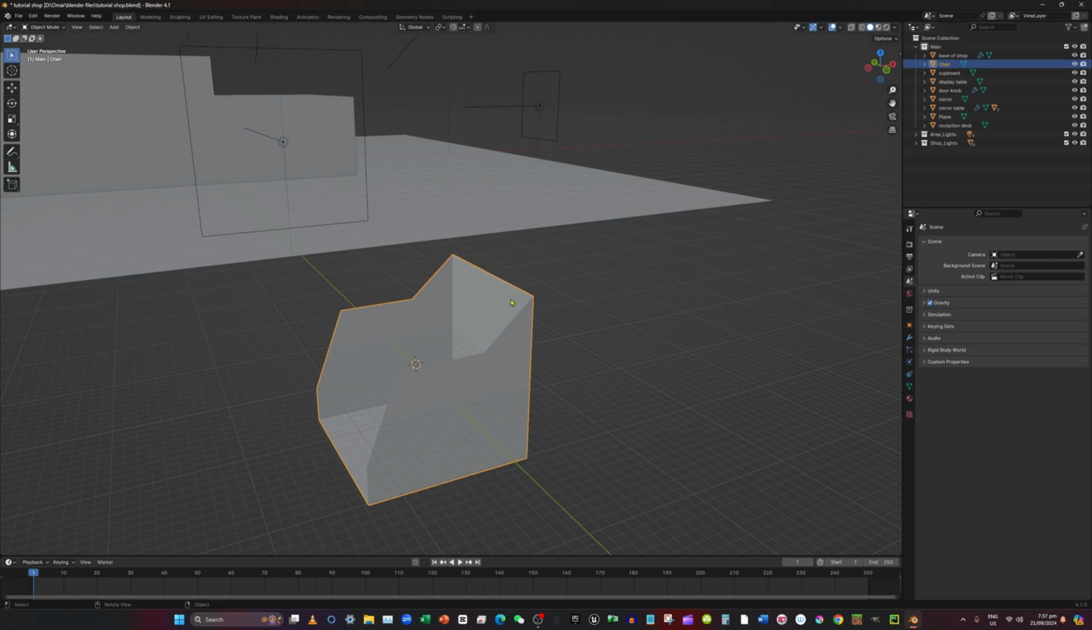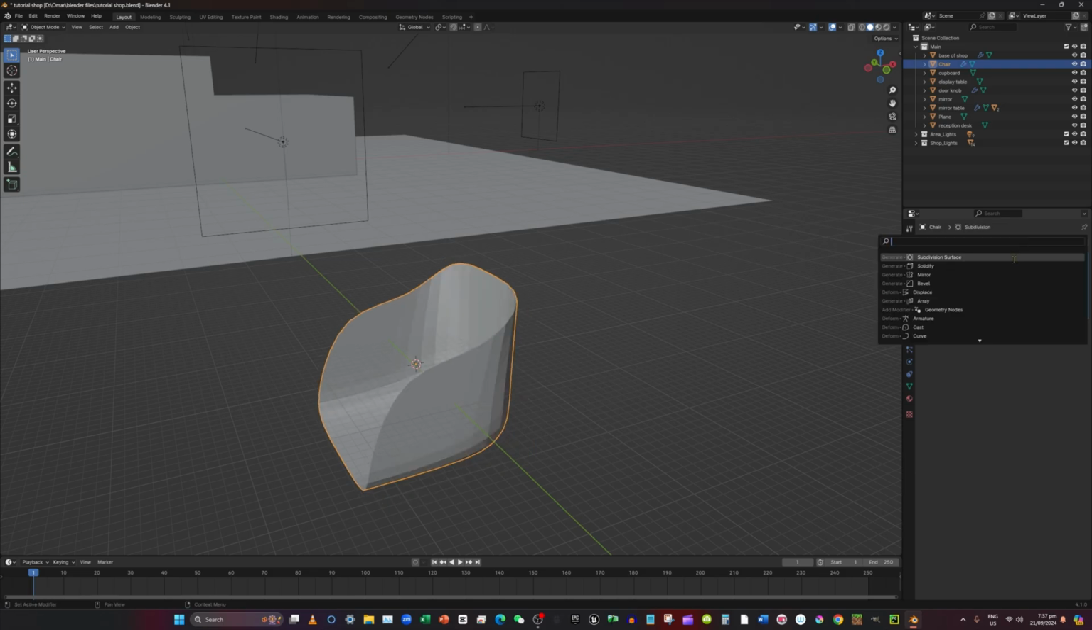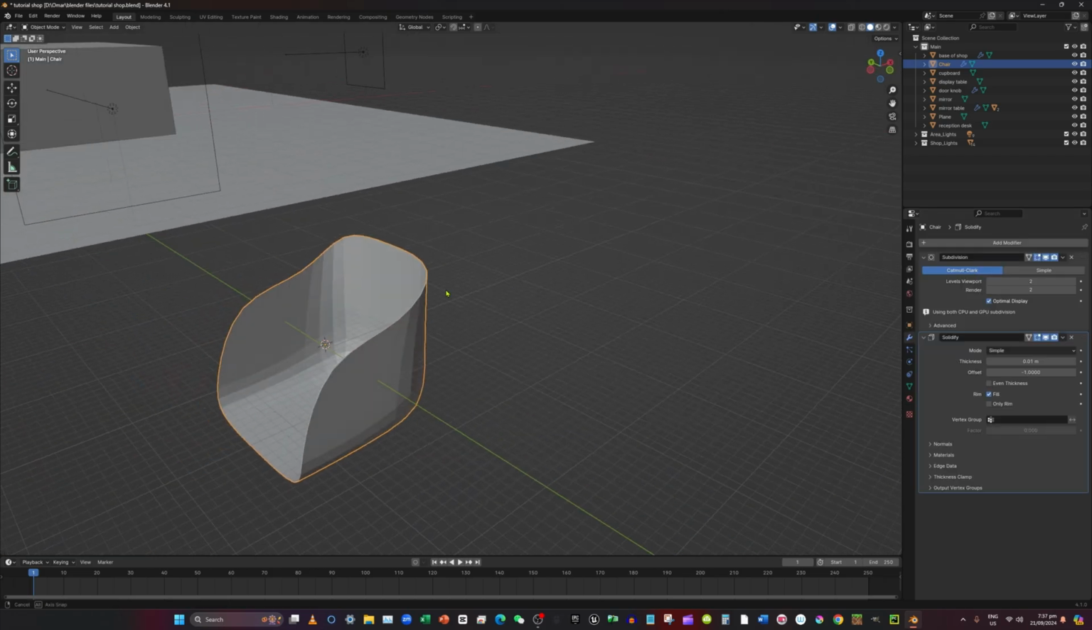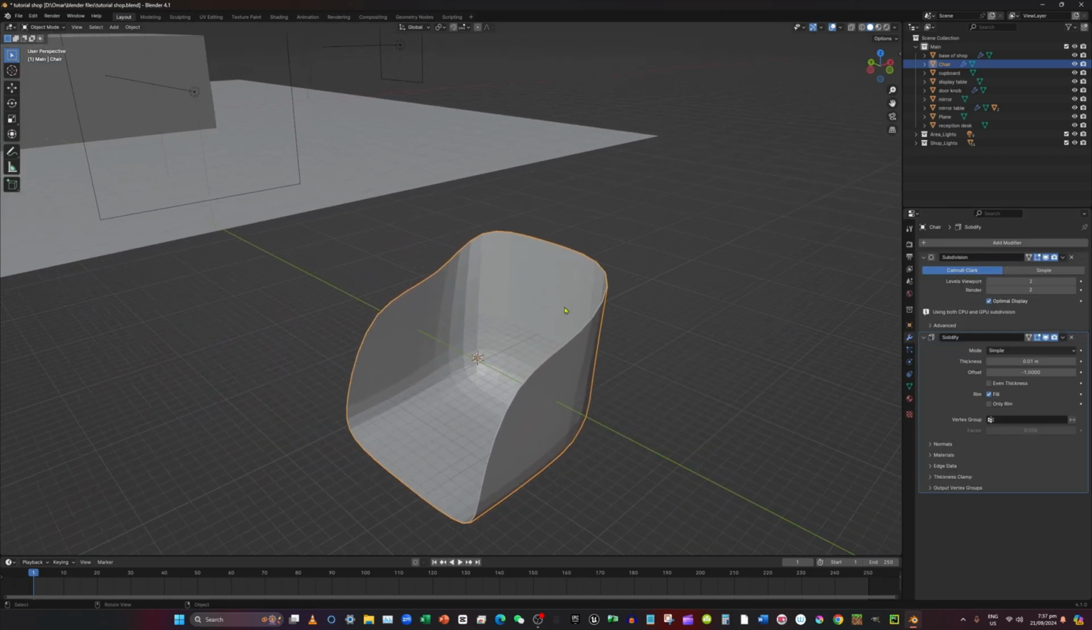Okay. Select your chair. Go to modifiers. Add a subdivision surface. Set it to 2, and then add a solidify, because we want it to have thickness, right? We just want to add some thickness to make it realistic, and then set the thickness to probably